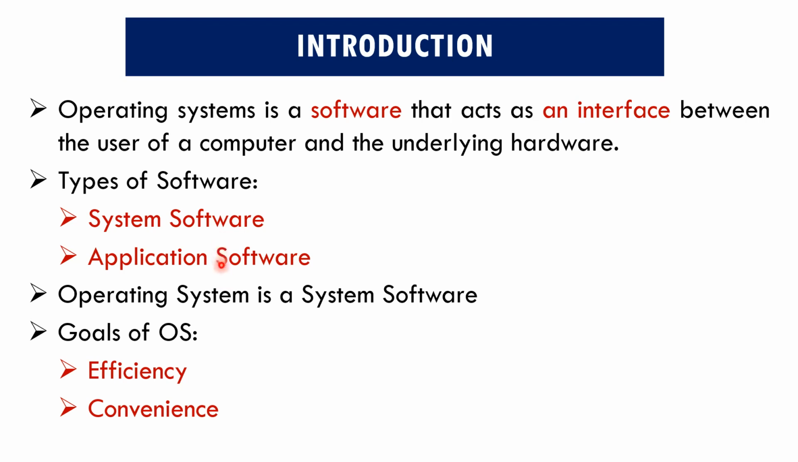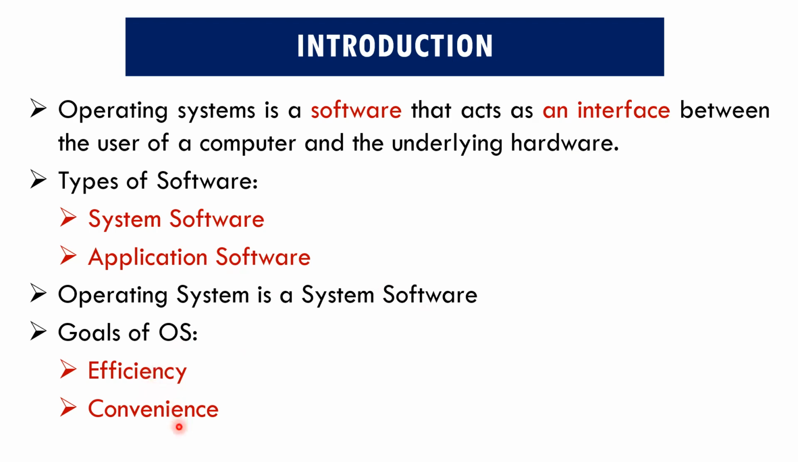On the other hand, application software is a set of programs that are designed to perform a specific task. For example, the VLC media player or the browser or the Word, MS Office, all these software come under the category of application software. An operating system is a system software, and the design goals of an operating system include